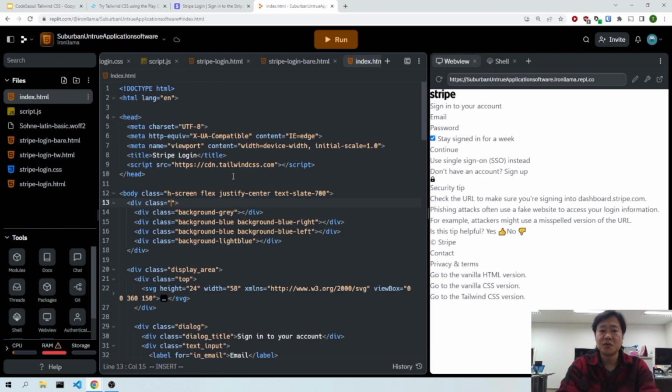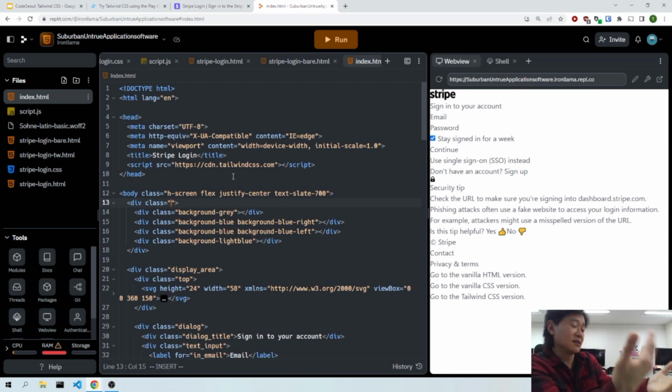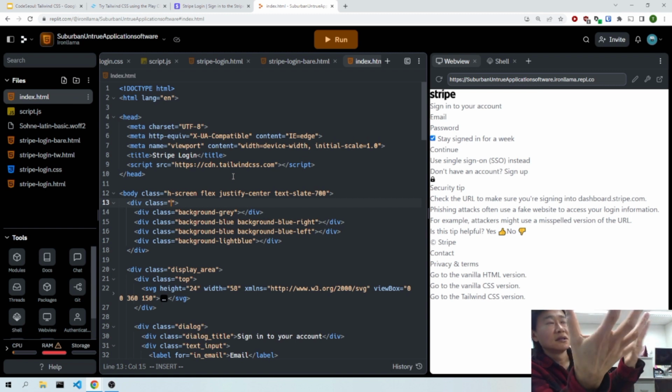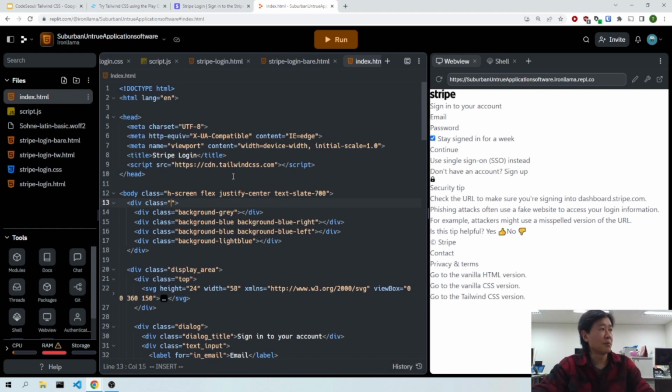The background on this one, because we want to put something behind all the text, behind the form, we're going to use absolute positioning. Whether it's a relative position, an absolute position, or even a fixed position, we can then use Z indexes to push things forward or backwards in the layout. So we're going to use absolute